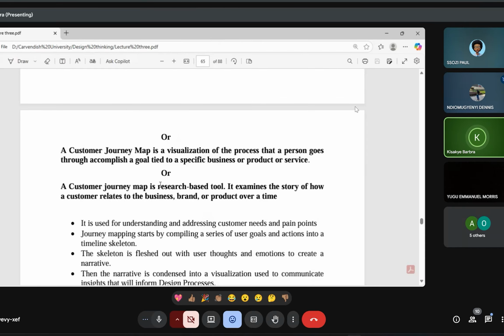Another tool that is used to build empathy with users is called a customer journey map. It shows the entire process that a user goes through to accomplish a specific task with a specific product. In this case, since we are IT people, we can say it is the process a specific user goes through